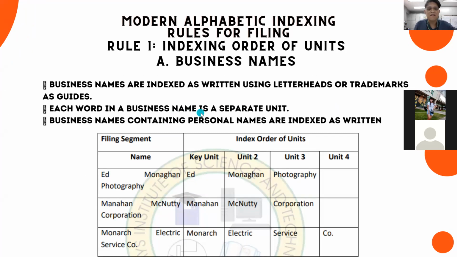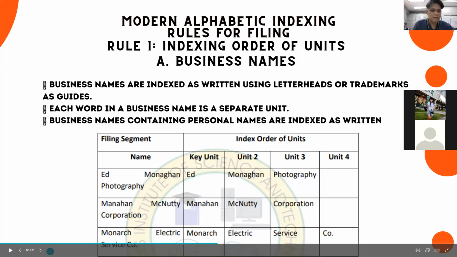Unit 1 is the first word, and the second unit will be the second word of the company or business, and the third unit is the third word of the company or business. Unit 4 is the type of the corporation, whether it is a corporation, incorporated, LTD, limited partnership, or partnership. Doon siya nakalagay sa unit 4 or sa pinaka-last unit. Okay, that is the rule, indexing order by business names. Next,